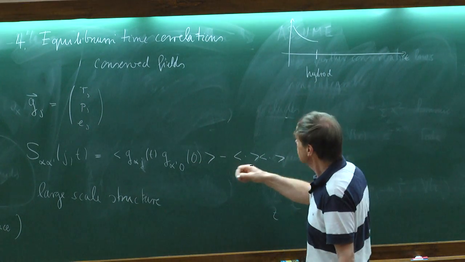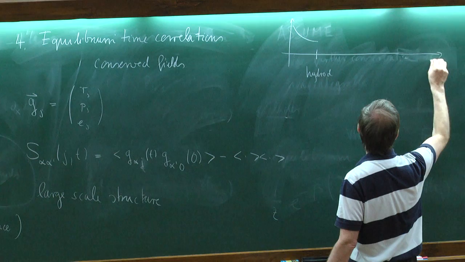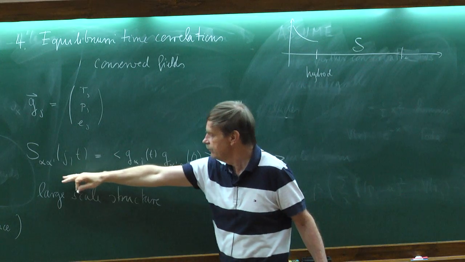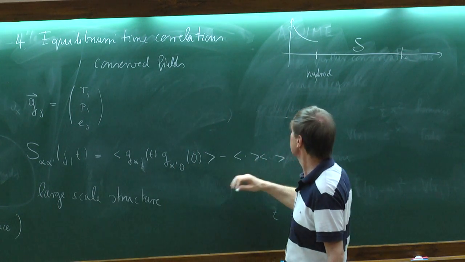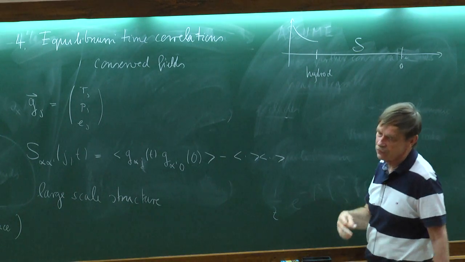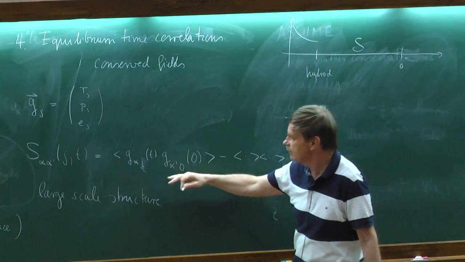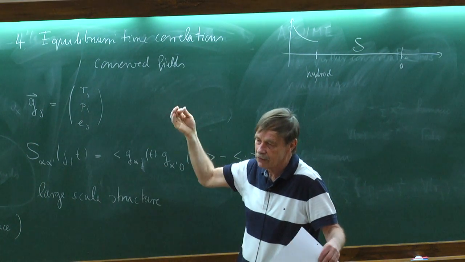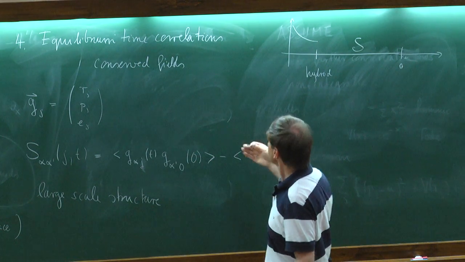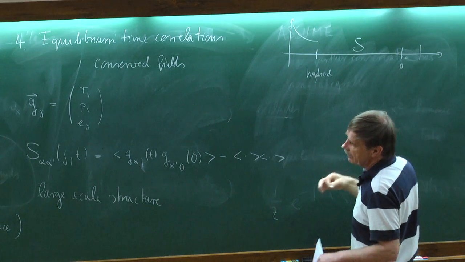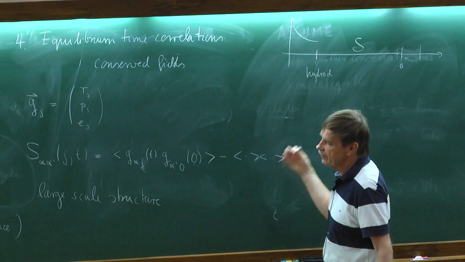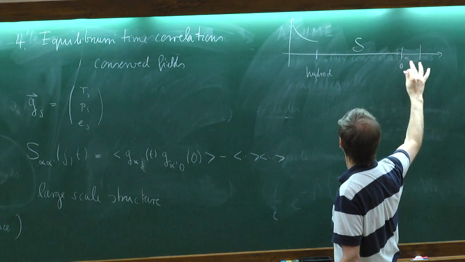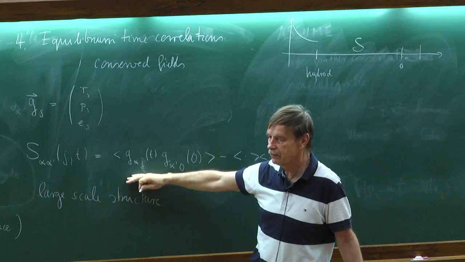Okay? Now, once I'm here, I will propagate for a very long time according to my propagator, which is computed as an equilibrium time correlation. And then at this point, I do some observation. Of course, if I observe the conserved fields, then there's nothing else which I have to do. But in principle, I could observe also some other local quantity. And then there's again another time span where I have to go onto the hydrodynamic projection, and that will tell me what it is. So there are two hydrodynamic projections, one at the initial time and one at the final time, but in between I propagate according to this propagator.